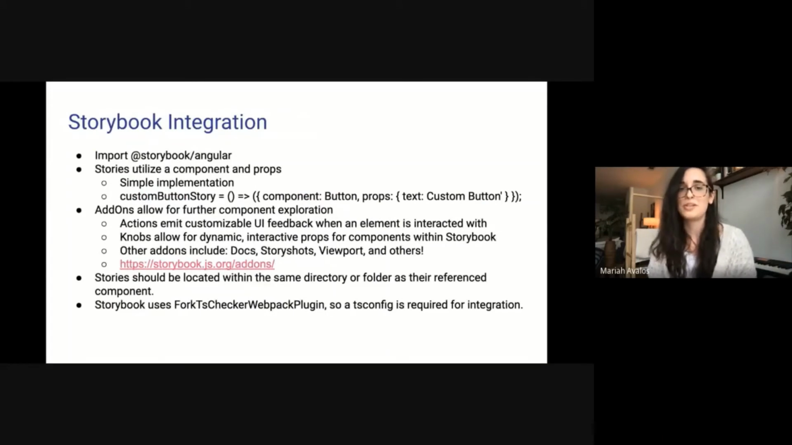So the next tool, which I know some people are a little more interested in, is Storybook integration. It's very easy to import, very easy to implement. Basically, you just have a component and you have props. You can use add-ons. So the add-ons are going to be things like knobs,